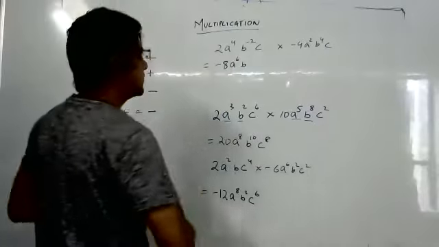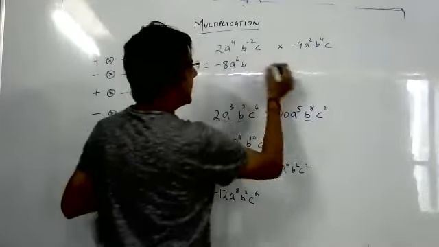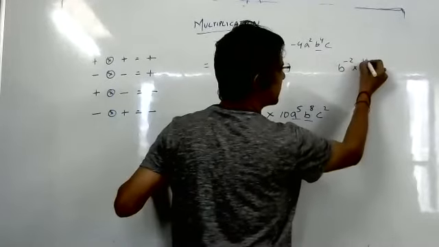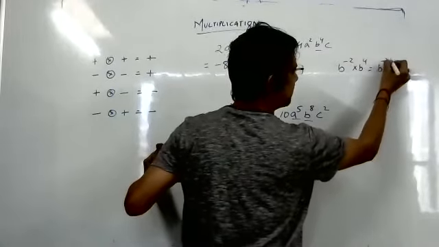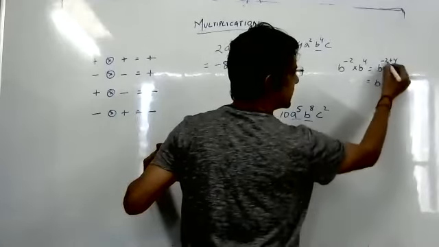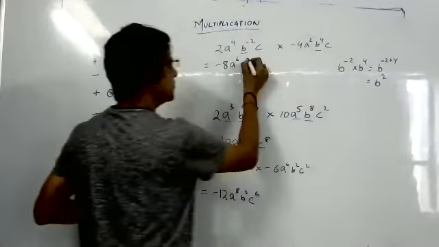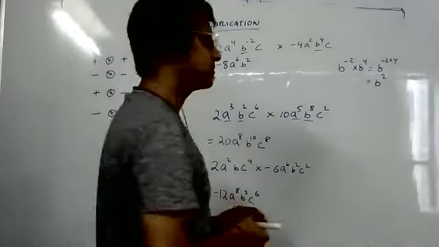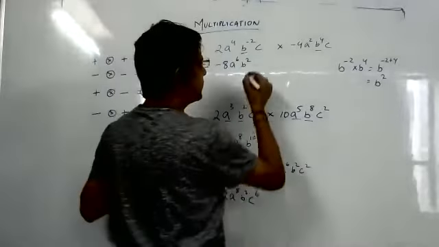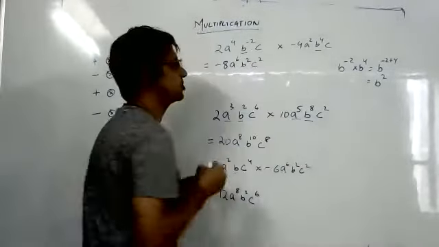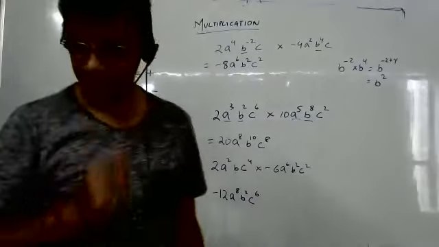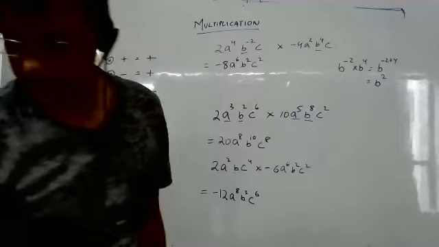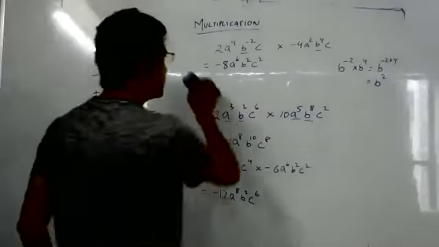Two is right. Because when you are multiplying b to the power minus 2 into b to the power 4, you are doing minus 2 plus 4. So what is minus 2 plus 4? 2. Most of you are correct except 2 or 3. They know who all are wrong. It will be b to the power 2 and c to the power 2. Correct? Is it clear? Yes, sir.